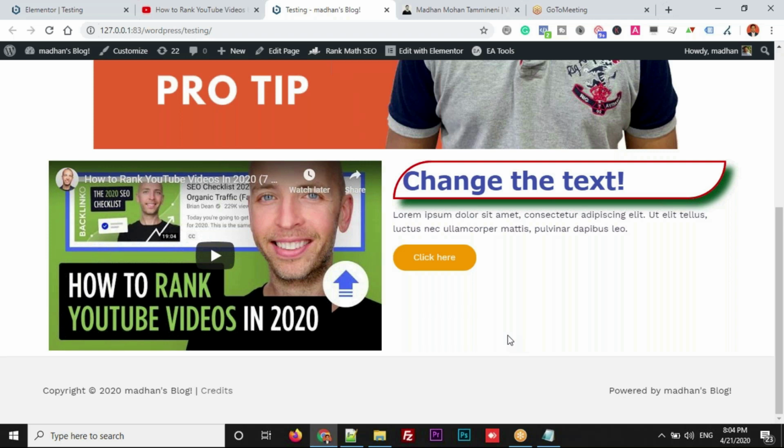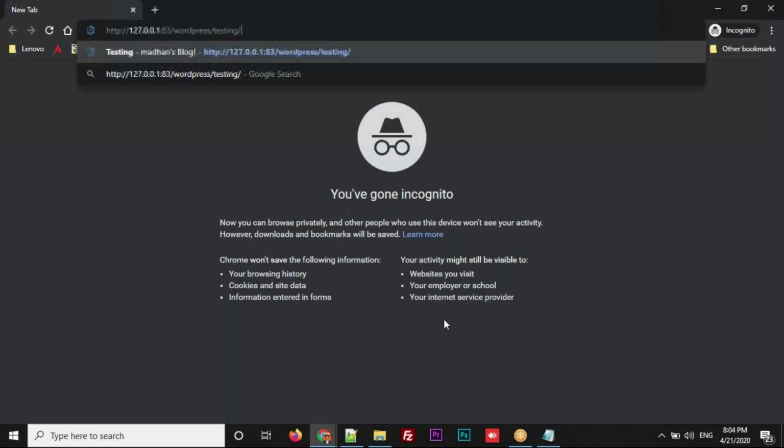In some devices there would be slight errors, but most of the time your website will be auto responsive for all gadgets, not just mobile, desktops of different sizes and other gadgets as well. Okay, now let me open the same in a mobile size.